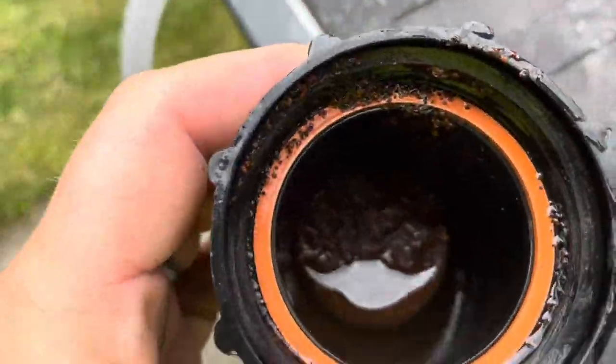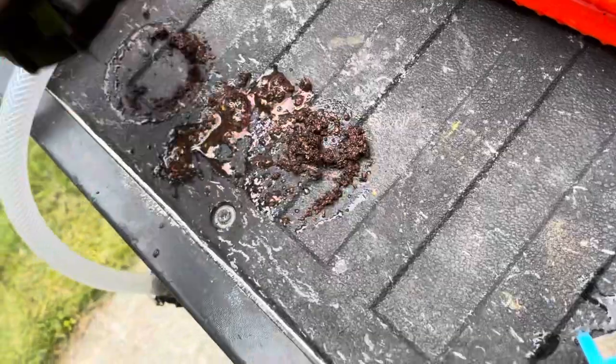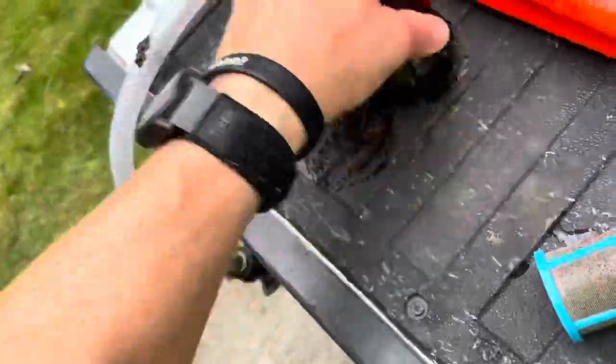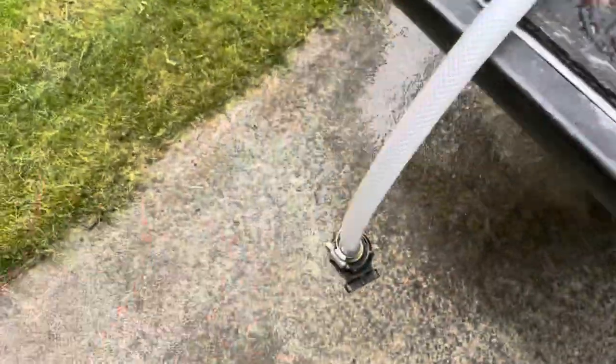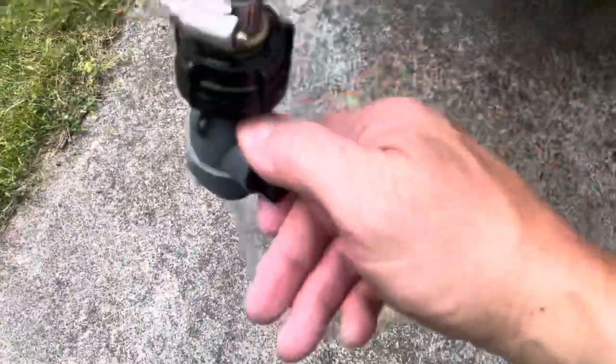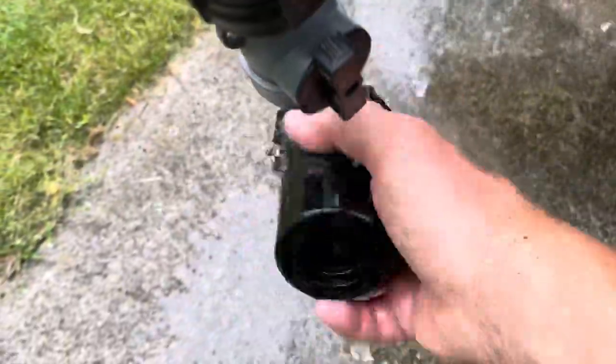And this thing is filled with mud. And this must have happened to me within the last day or so, because I checked this thing just the other day too. So I've got this right here to flow some water into. I can rinse this out,